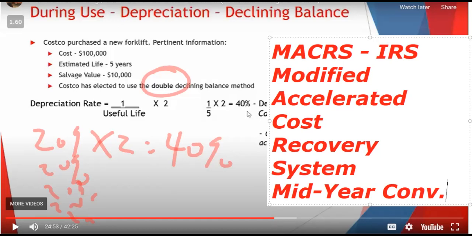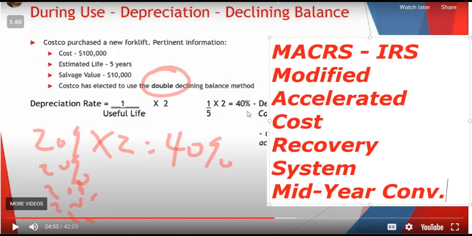It's a standard that's used so that you don't have to worry about, if I buy something on July 1, do I take 6 months of depreciation? Well, straight line, we would. If I buy it on January 31st, we take 11 months depreciation. If I bought it on December 1st, we take 1 month's worth of depreciation. But instead of worrying about calculating the number of days or months or quarters you own an asset, they usually use a mid-year convention where the first year they take a half year's depreciation, and the last year they take a half year's depreciation.